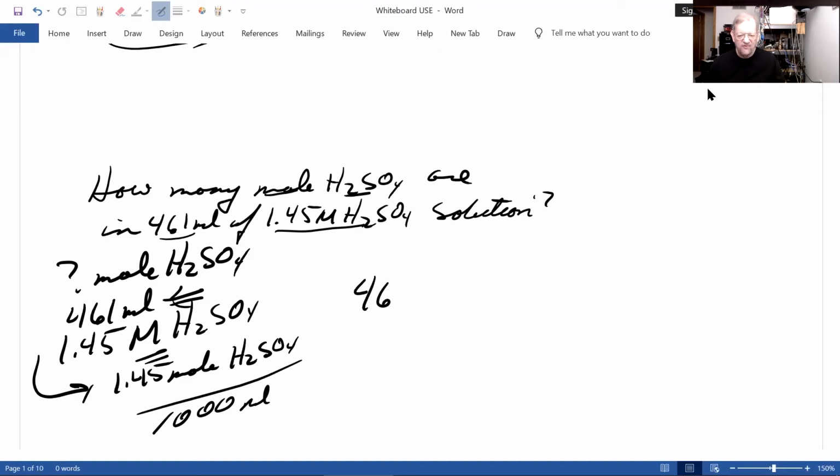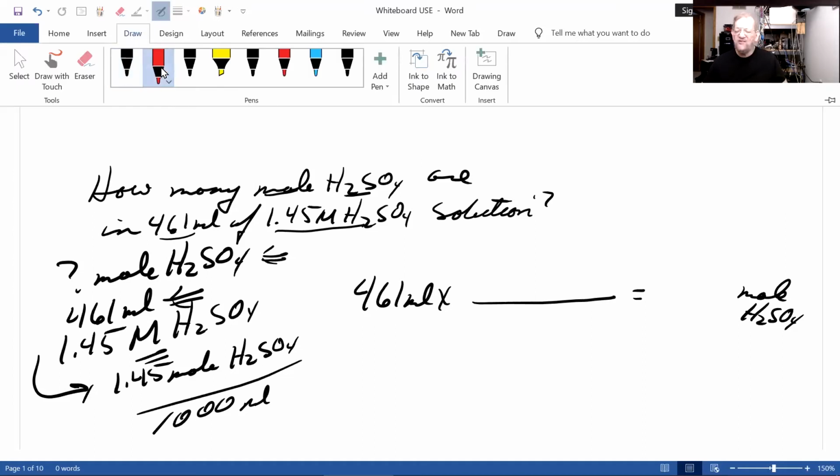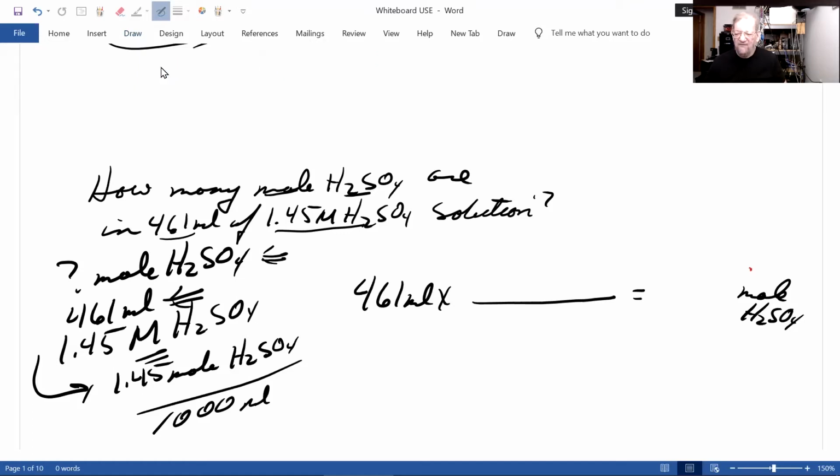Now, we only have really one number to start with. That's 461 milliliters. And if I had a ratio that I can convert it, what do I want my answer to be? Moles of H2SO4. And since I've already done it a couple of times today, I won't do it again. So you just do it mentally in your mind. Here's the whistle, it's time to use your good buddy, your good friend, unit analysis. Whatever you're trying to get to goes on top of the ratio. Whatever units I'm trying to get rid of go underneath. And now I can put that in there.